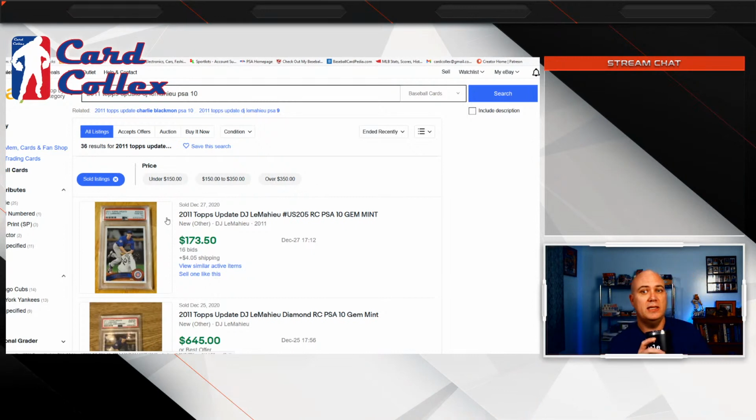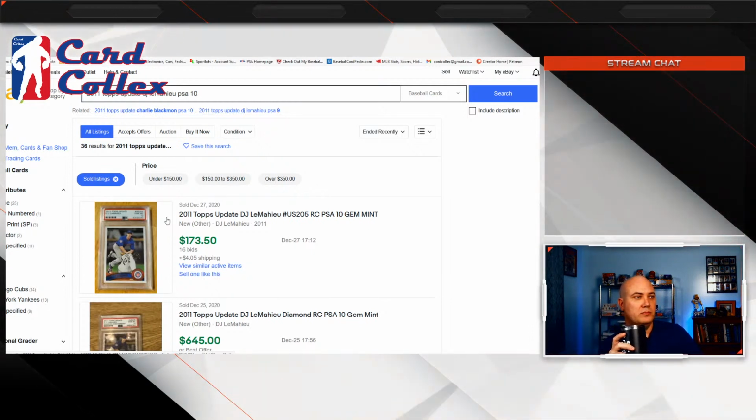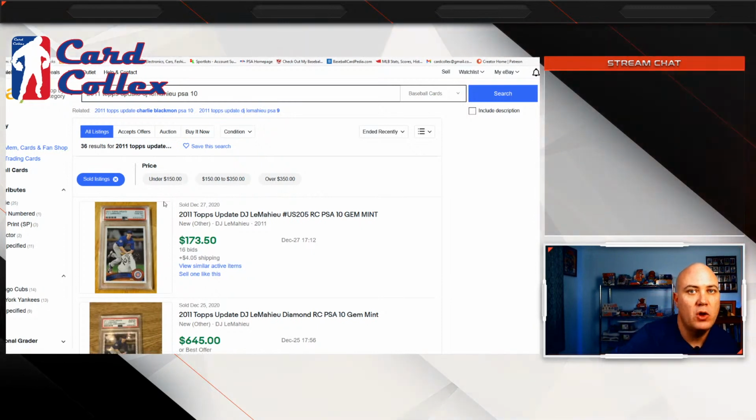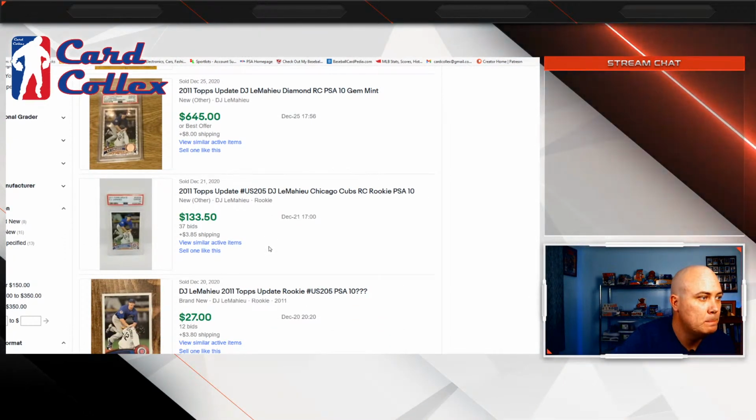So I'm planning on sending these off in the beginning of the year and then having them available sometime in the summer. Hopefully I'll have them back by June or July, because baseball cards usually peak in August. Almost always they peak in August, and then they're at their low in January.